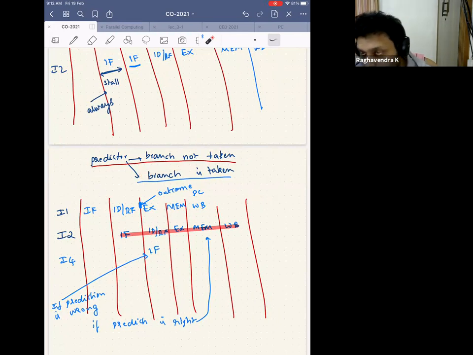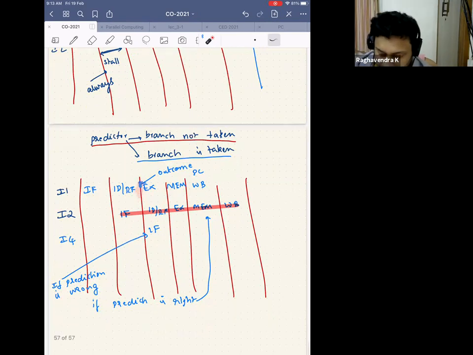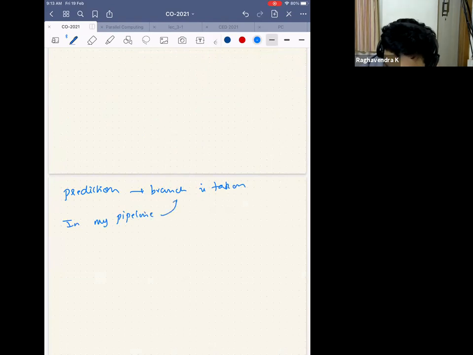But in some of the pipelines, if I know the outcome of the branch a priori, but the actual target program counter at a very late stage in the pipeline, let's say I know the target PC maybe at the execution stage, and let's say I somehow know the outcome of the branch here, whether it is taken or not. So let's say my prediction is branch is taken. In this pipeline that we are discussing, this does not give me any benefit because